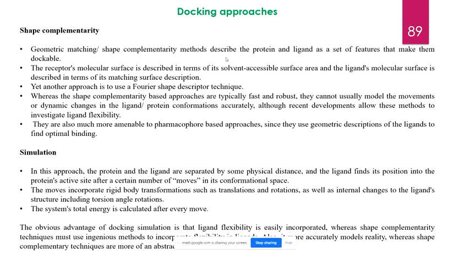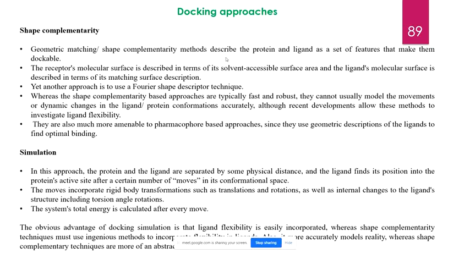But the ligand flexibility also has to be taken into account, because the ligand might assume different poses, and all the different poses that a ligand might have also cater to the ligand binding. Because you see, the entire domain of the protein doesn't change. There are only a few areas where the protein changes its structure, but there are also a few areas where it doesn't. So if a ligand is going to bind to an area where the protein is not changing its structure, there the pose of the ligand is the only thing for which you have to maintain flexibility of binding. So you also have to take the approach of these ligand poses into account.